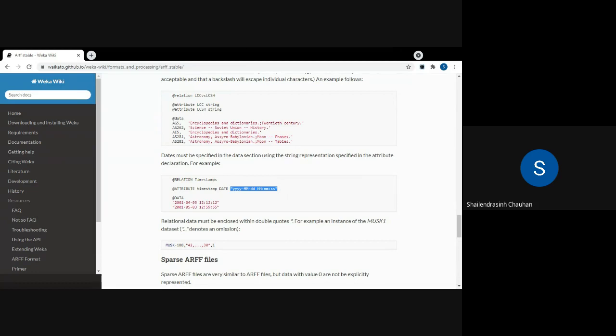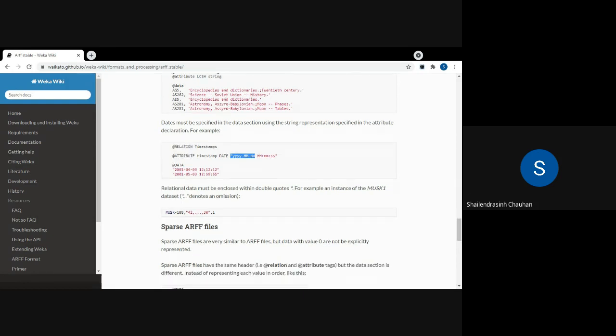If you just want to declare date, month, year, that is also possible. You can also have the date in the form of dd, MM, yyyy. Fine. So these are the types of attributes that you can include in your data set. Now we will try to create one sample data set with a few attributes.